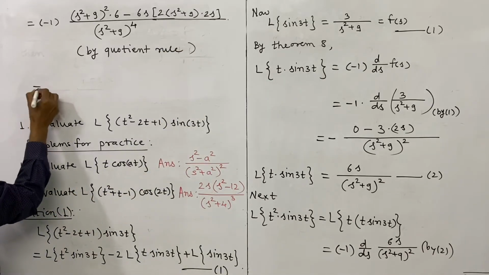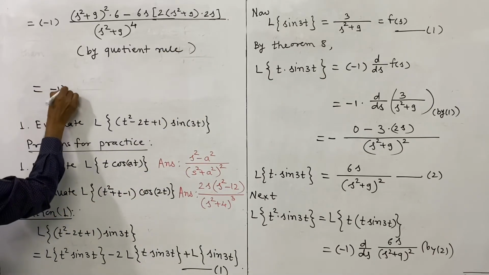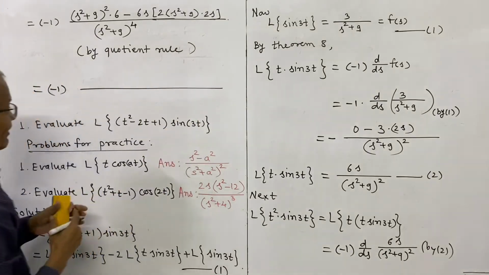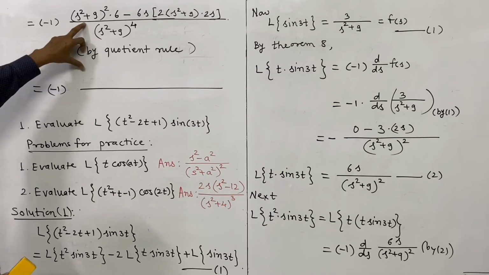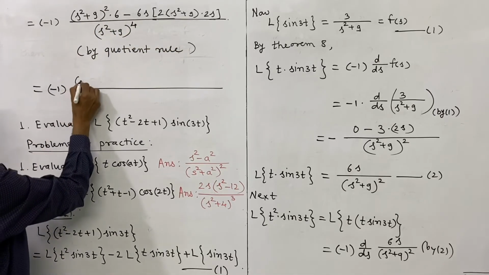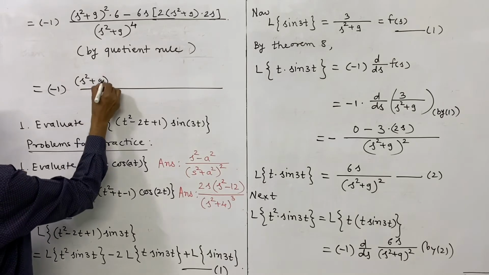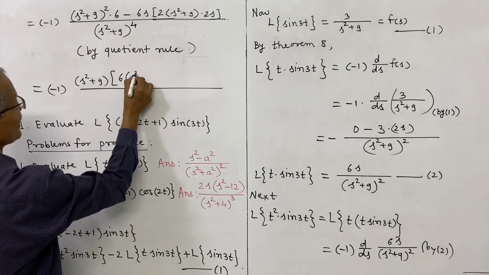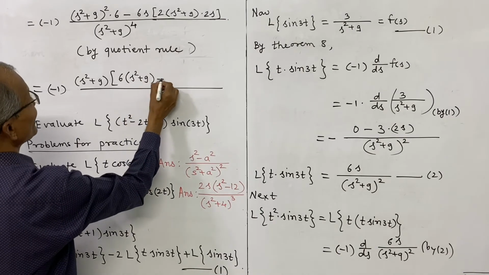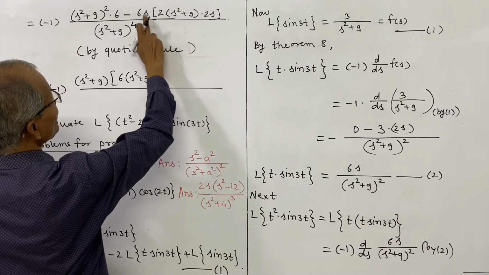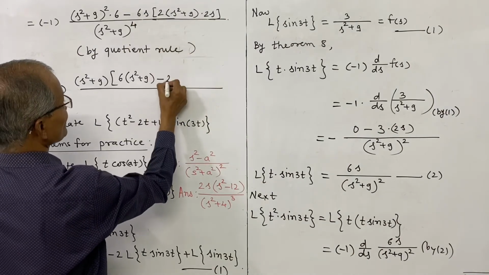And that will be minus 1 is constant. Now we shall simplify this, and while simplifying this we can take s square plus 9 common. So I shall take s square plus 9 common, and in bracket it remains 6 times 6 into s square plus 9, minus, this is taken common, so what remains in bracket is 2 into 2 4 into 6, that is 4